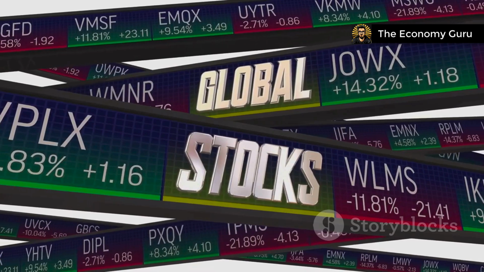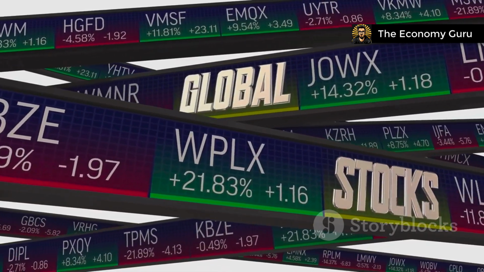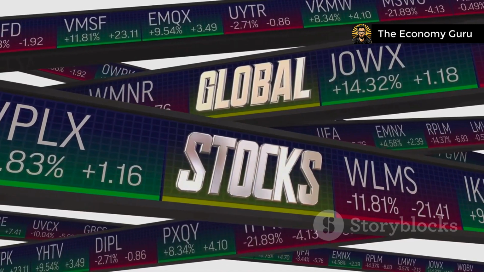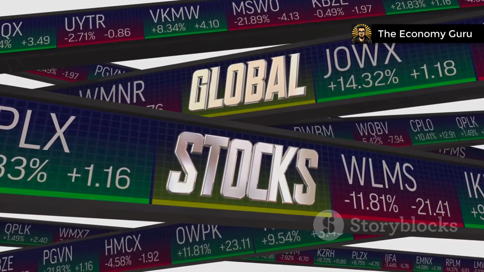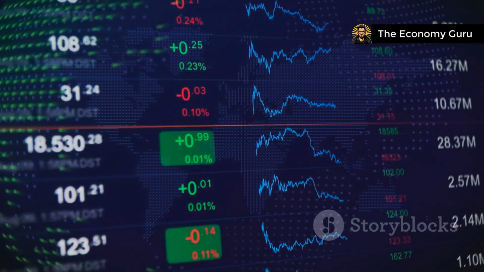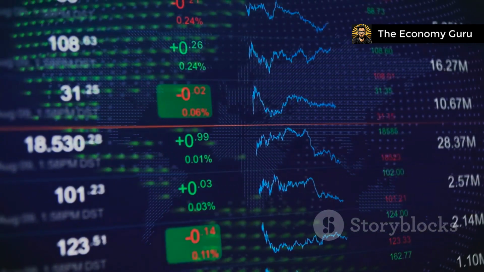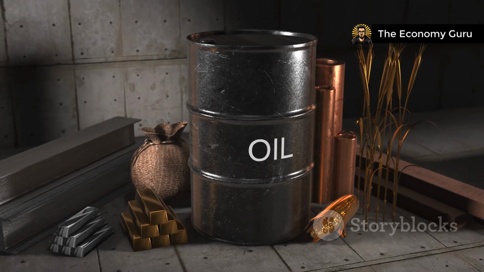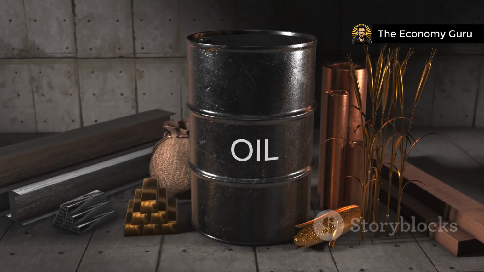Let's delve into the various types of ETFs available. First, we have equity ETFs, which track stock indices or sectors like the S&P 500 or the Technology Select Sector SPDR. Next, there are bond ETFs, focusing on different bond indices or segments of the bond market, such as government bonds or corporate bonds. Then we see commodity ETFs, which provide exposure to commodities like gold, silver, oil, or agricultural